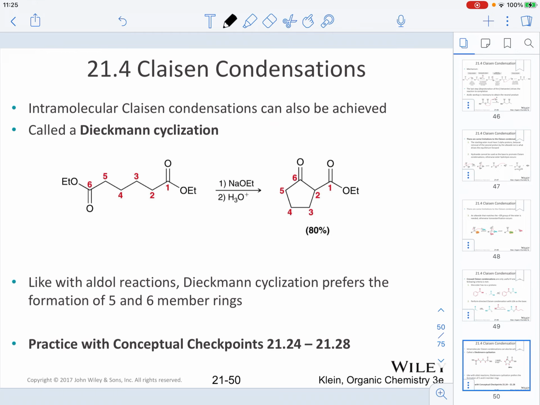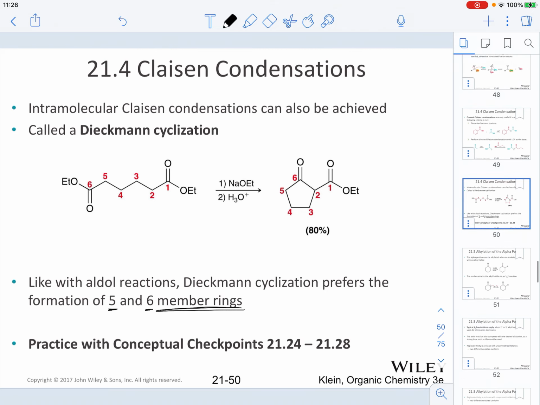When it comes to Claisen condensations, understand that we can also have intramolecular Claisen condensations, and these specifically are called Dieckmann Cyclizations. Similar to what we've seen previously, when it comes to Dieckmann Cyclizations, the formation of 5 or 6 member rings is preferable. So as you can see in the example that we have on the slide,